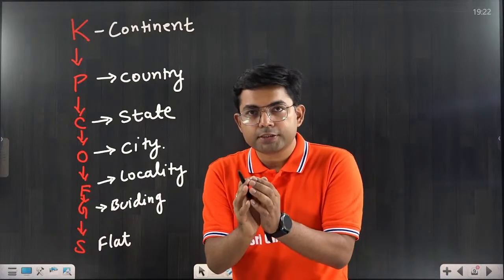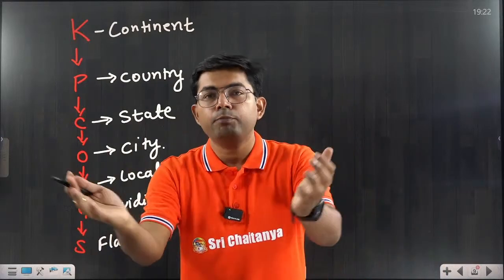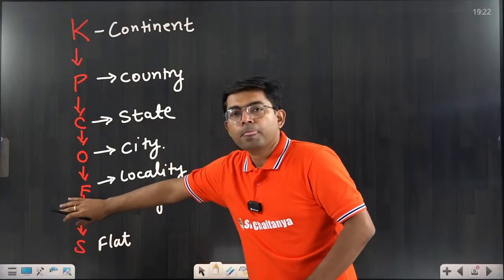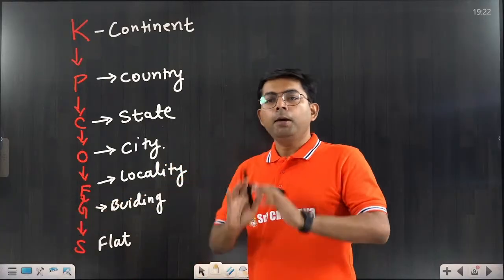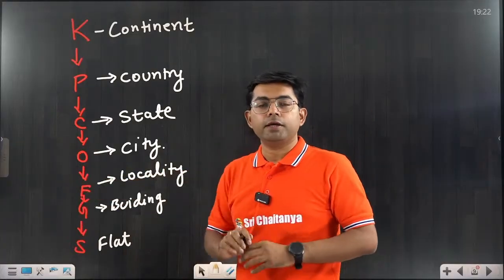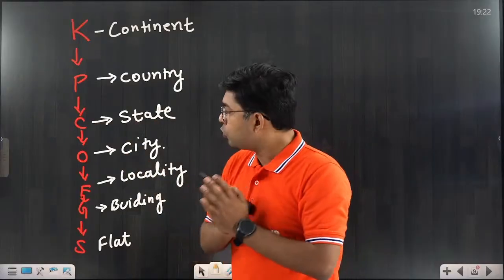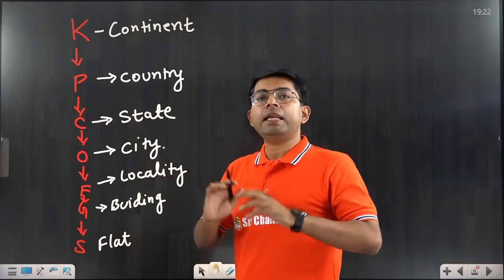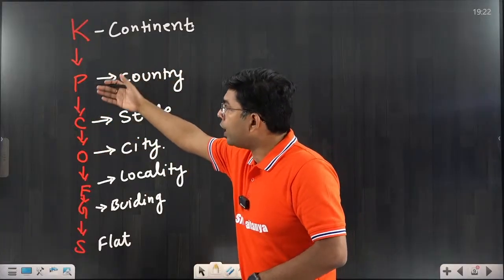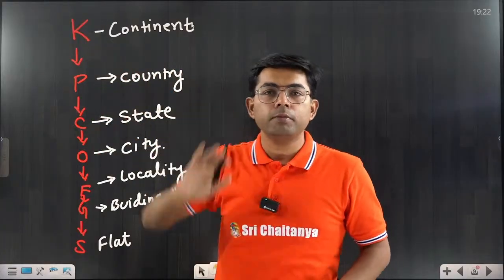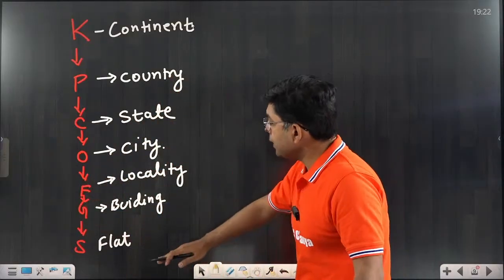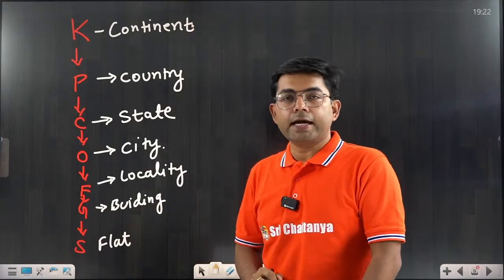Similar types of species come together to form a group of organisms called genus. Many similar kinds of genus will come together and form family. Many families will come together and form order. Many orders will come together and form class. Class will form phylum, and many phyla will form kingdom. So in this way you can understand the meaning of this hierarchy.